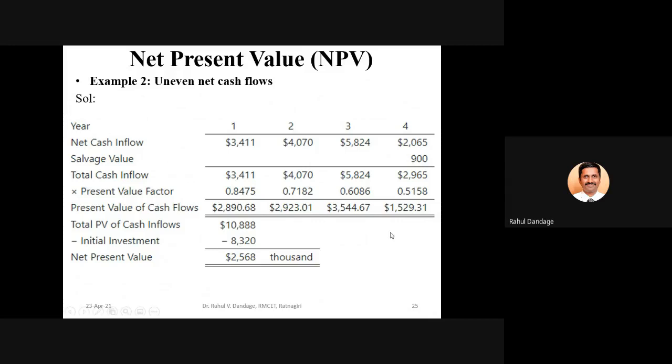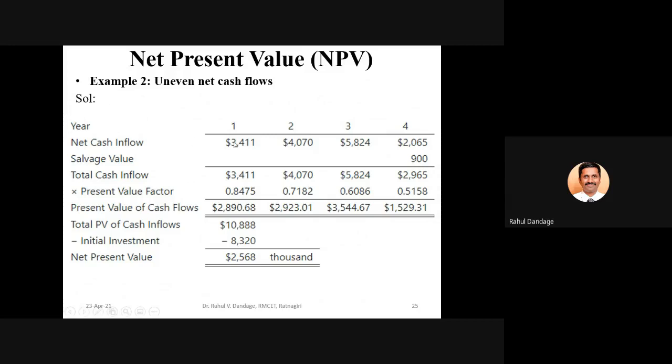This particular method what we are going to discuss just now for uneven cash flow is equally applicable for even cash flow also, and this will give you slightly one or two steps more for calculation, but the problem of remembering two different formulae, having certain confusion, that can be avoided. So it is always better that you remember this, and even if it is an even cash flow problem, we can apply the same methodology.